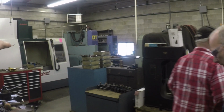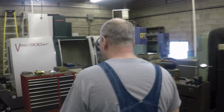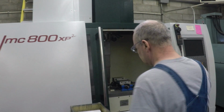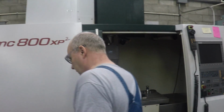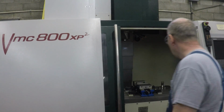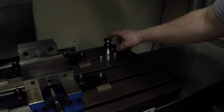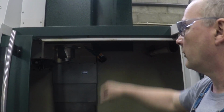I know he's got a really nice mill with a Heidenhain control and does some pretty cool probing stuff on it. Yeah, this particular machine has the tool touch-off system here. It's one of the few times I haven't seen a Renishaw probing system though. And of course, it's got the eye up there, so you can see the